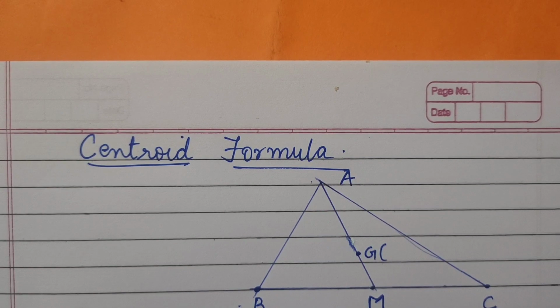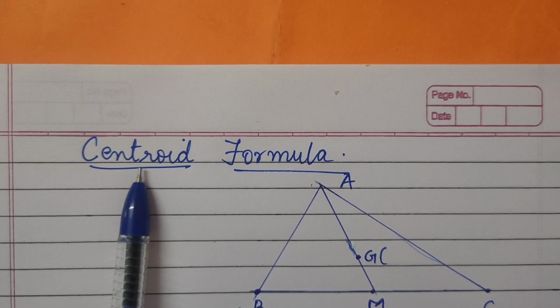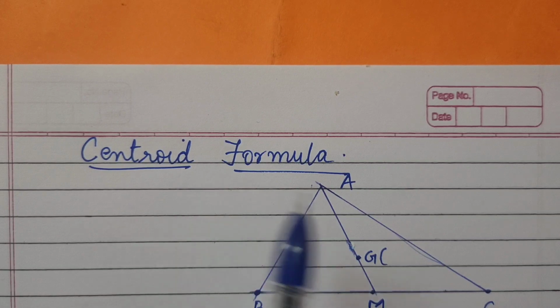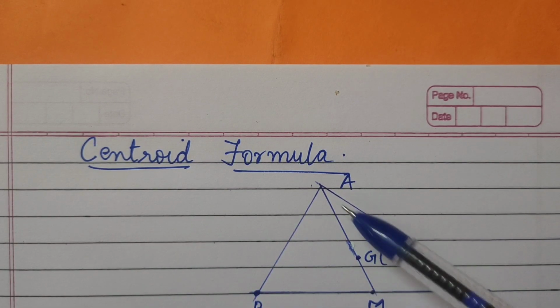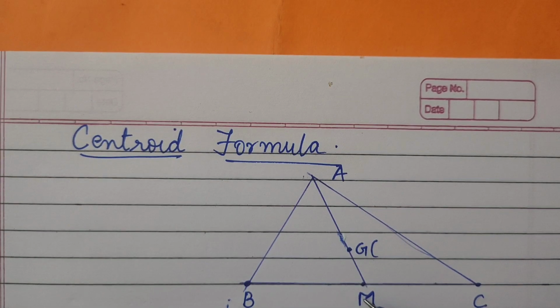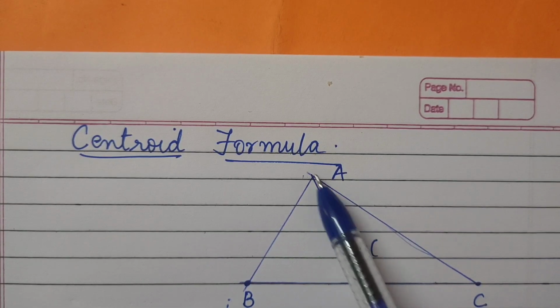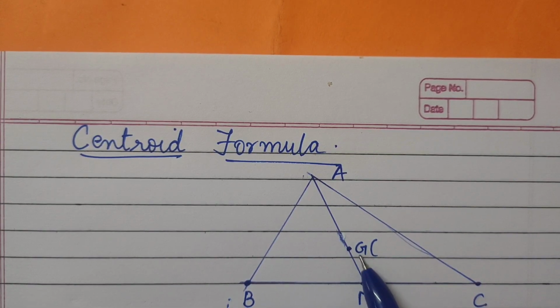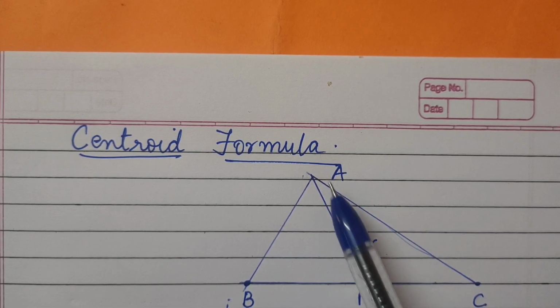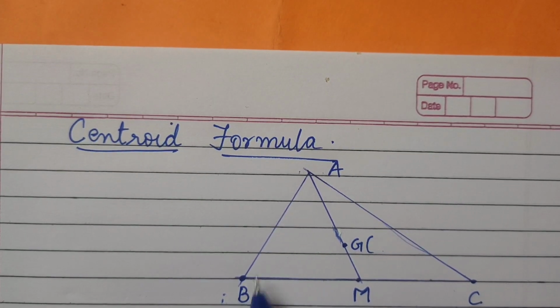Hello students, our next topic is centroid formula. Do you know what we mean by centroid? The point of concurrence of the medians. You know, this is said to be a median where M is the midpoint, right? Similarly, from here one more median can come. Similarly here. So all the medians come and meet at which point? This point G. So this is said to be what, dear? Centroid. Now I have shown only one median here with the point G, that is the centroid here. Okay. So when we want to find this point and 3 vertices points are given.